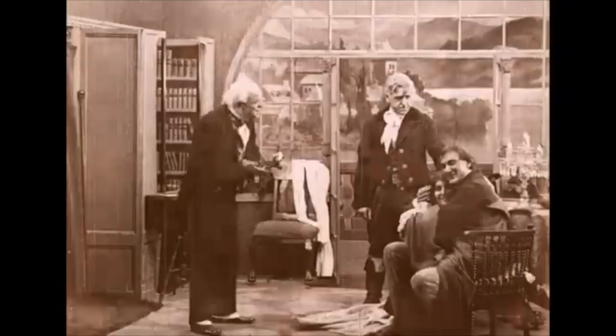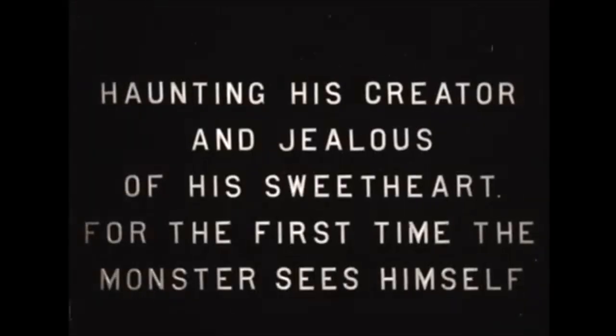Absolutely. And speaking of disappearing acts, this Frankenstein, after it came out,